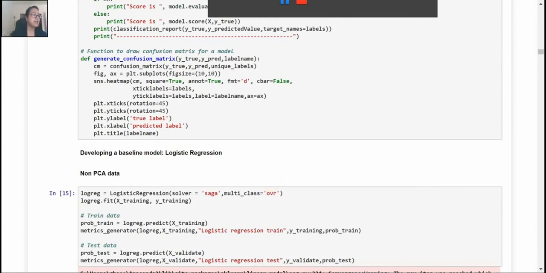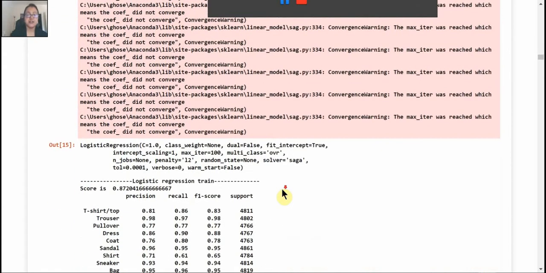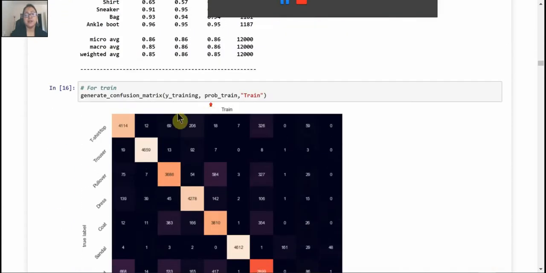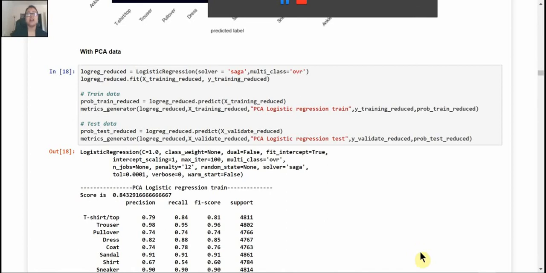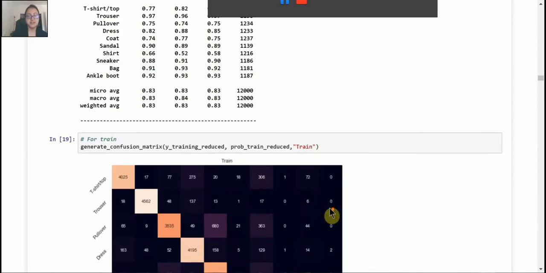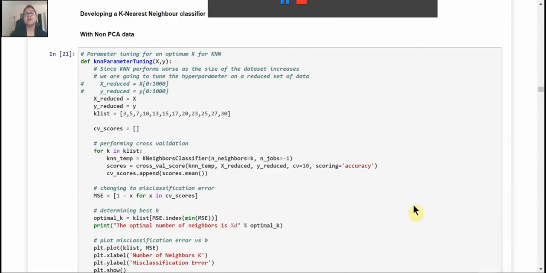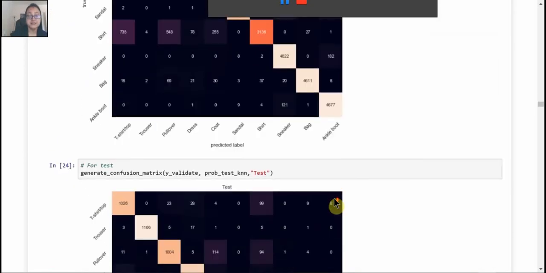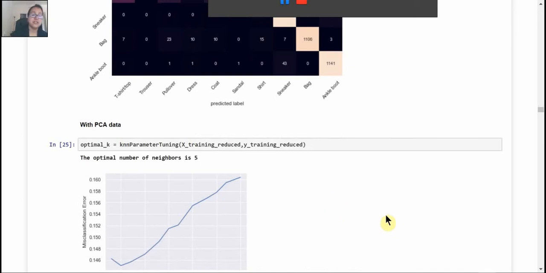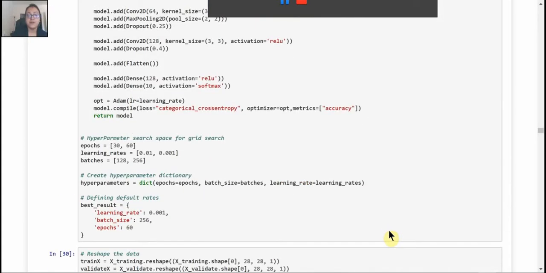Then I went on developing a baseline model of logistic regression on the non-PCA data, and implemented the function generate confusion matrix on the training, on the test data, and then went on doing the same thing with the PCA data, confusion matrix for training, for test, and then developed the K nearest neighbor classifier, KNN model with non-PCA data, confusion matrix for training for test, developed the same thing with PCA data, confusion matrix for training and test,